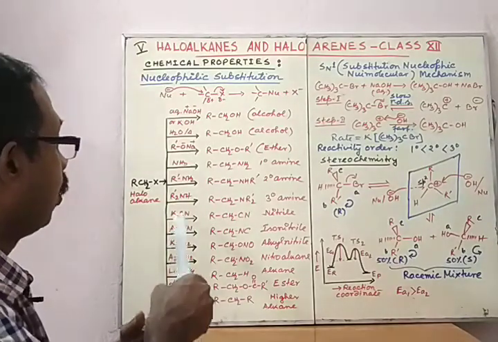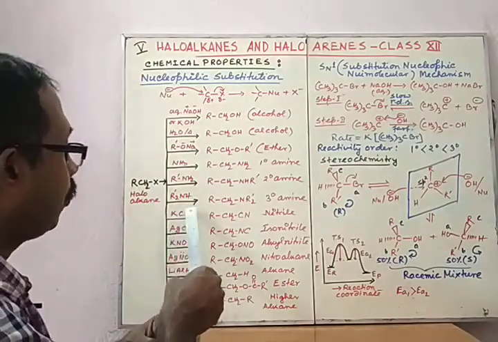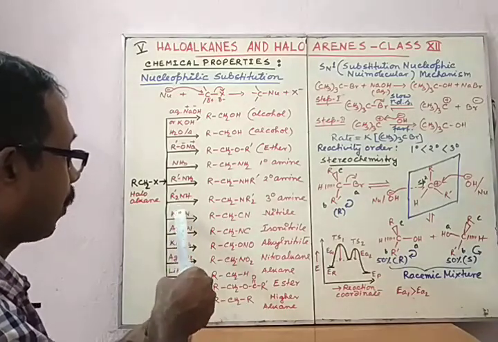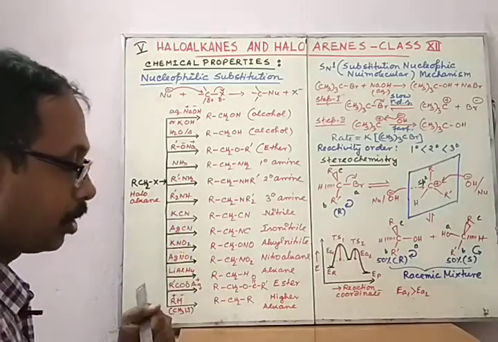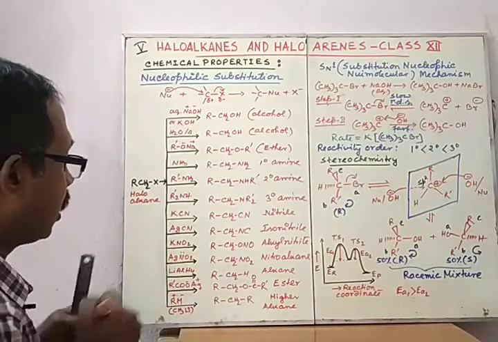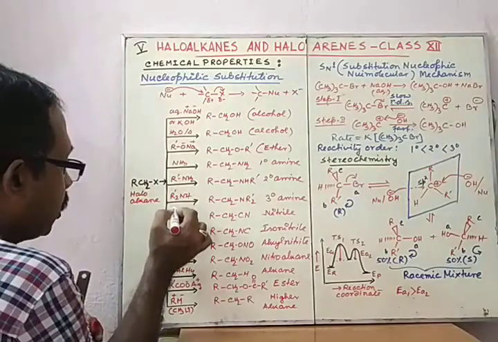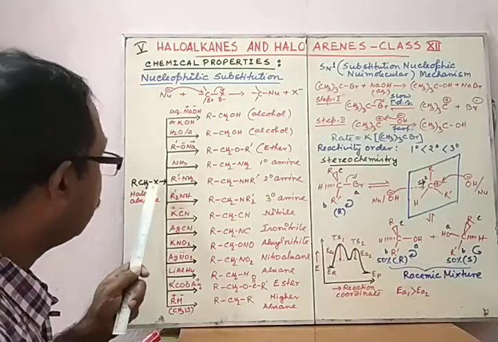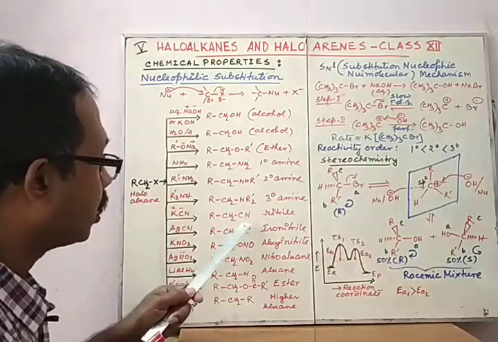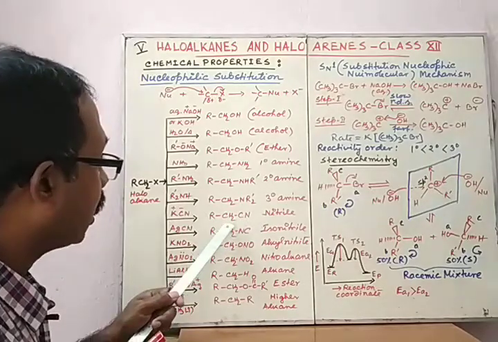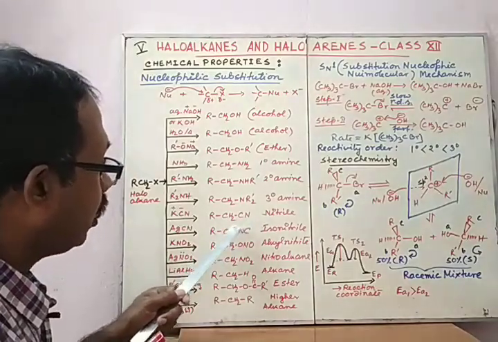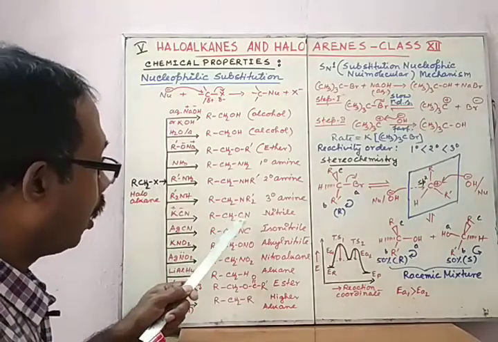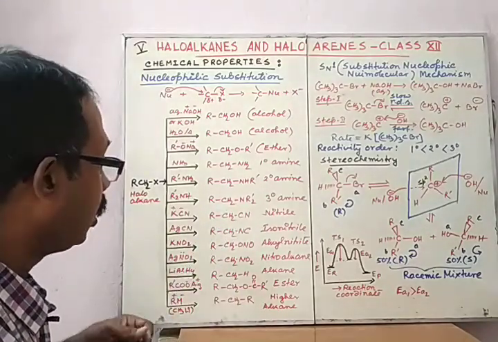Next is when haloalkane is reacted with KCN. Here it is an ionic compound, so K plus and CN minus ions are formed. From these, CN minus is the nucleophile, and it substitutes the halogen, giving rise to the nitrile, the cyanide compound. So here the carbon chain is increasing, meaning we can use this transformation for the enhancement of carbon in the